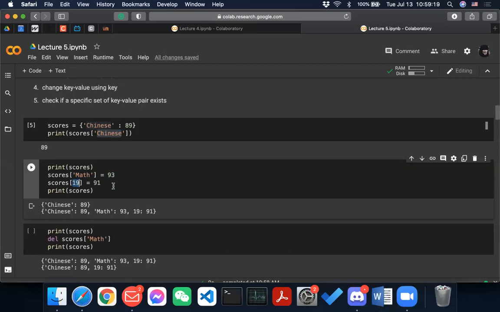So you can do this, score 19 is equal to 91. And then if you print the scores again, you can see those two key value pairs are actually added in the dictionary.